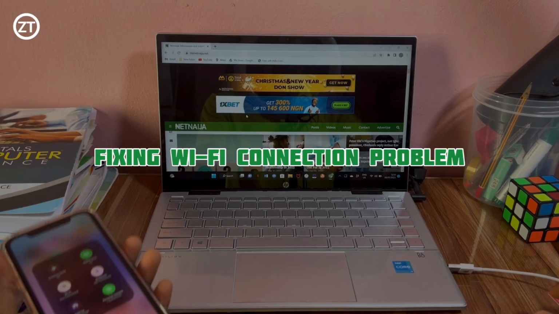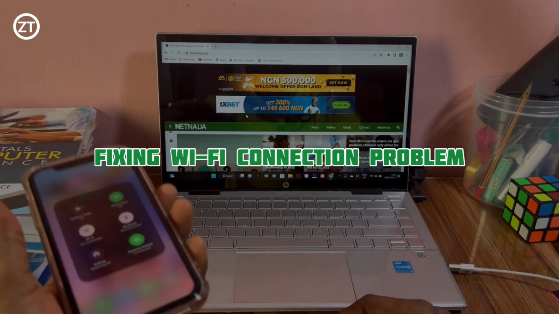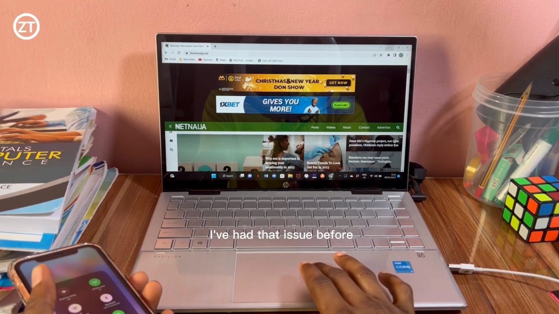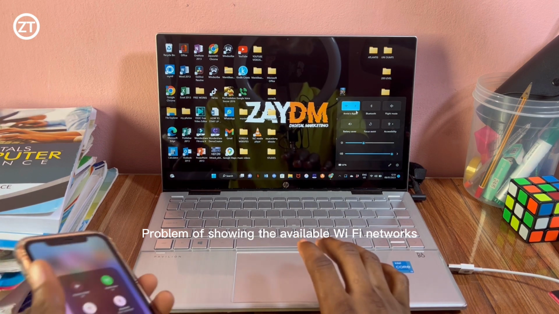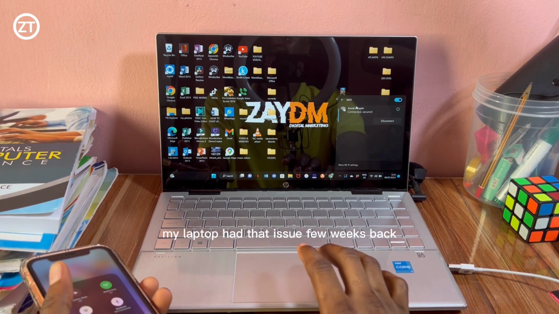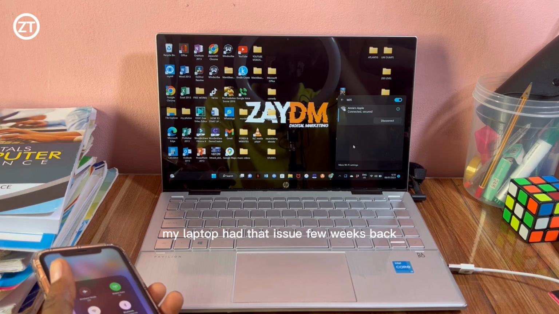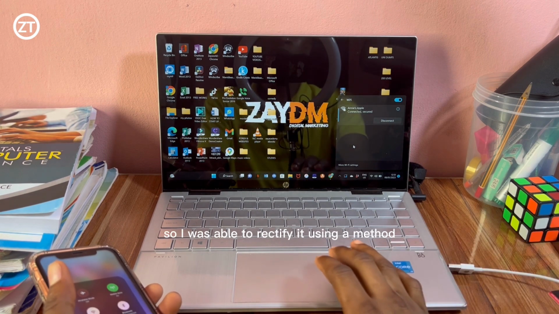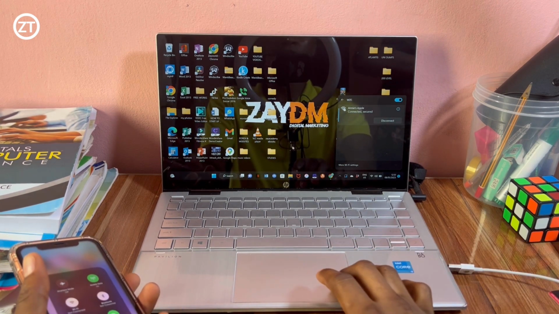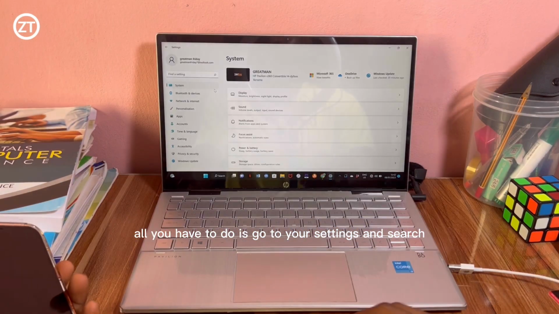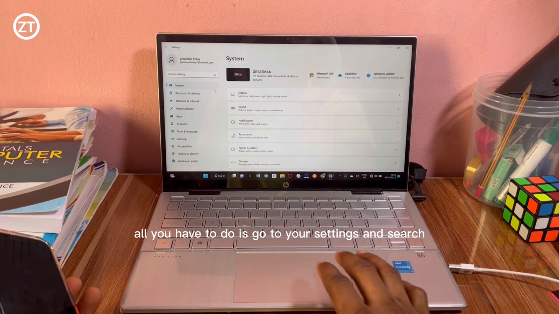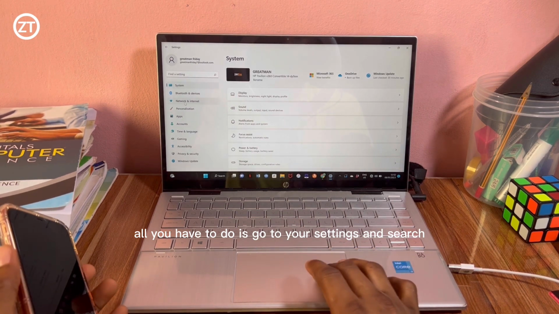So let's say you're having issues connecting wirelessly like this. I've had that issue before where my laptop had issues showing available Wi-Fi networks. My laptop had that issue a few weeks back, so I was able to rectify it using a method. If you're having such issues, all you have to do is go to your settings and search,